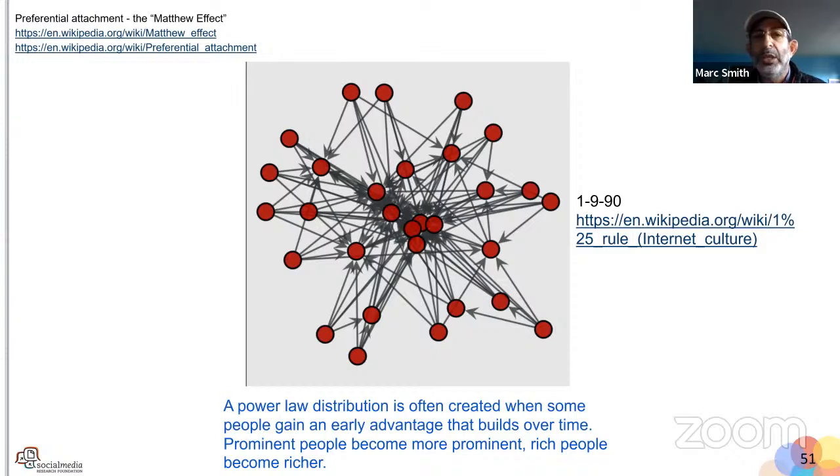So we are talking about a phenomenon that is well known, called preferential attachment. You may want to look at a nifty Wikipedia page called the Internet Culture, or the 90-9-1 rule, which basically says one person posts, 9 people hit the like button, 90 other people walk past with no interaction at all. And so it's not egalitarian, uniform, democratic. It's highly power law stratified.